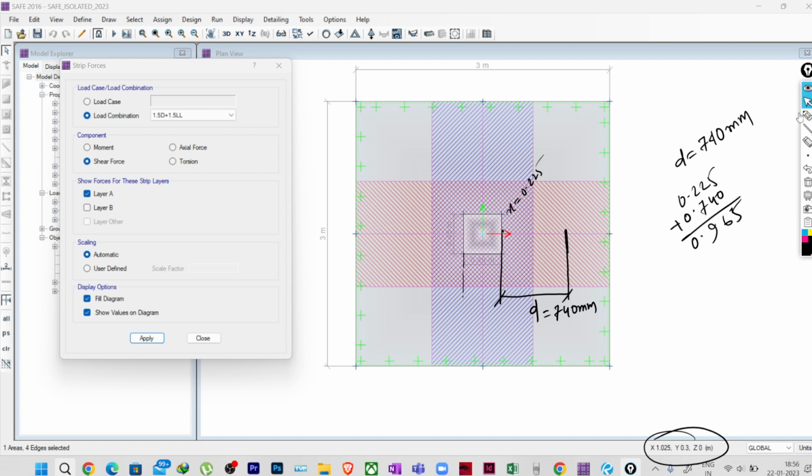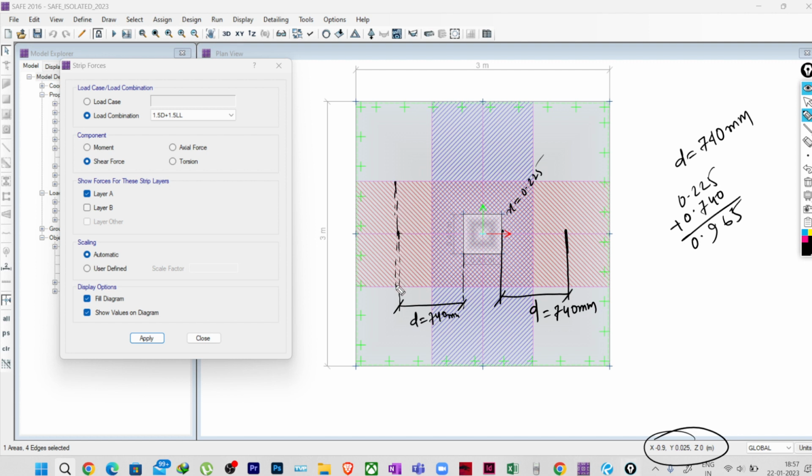If you see, it is minus 0.225, so minus 0.965. So minus, you can see here, minus 0.97 in this location. So here I will be having d equal to 740. So in this location, that means